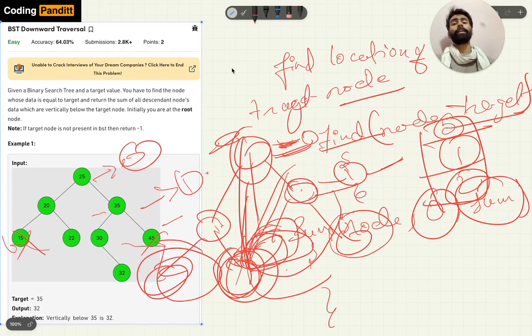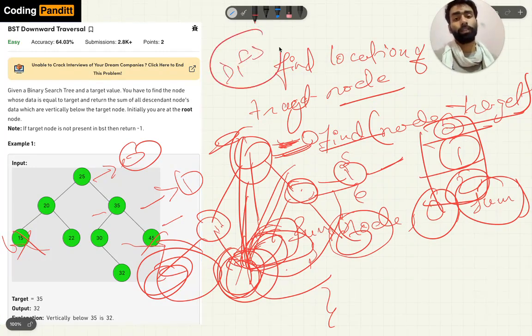So we are keeping track of each level, as in DFS, so that once we have covered the 35, we need only to traverse through 30, or we need to go back to the parent and again go to the 20. So we first need to backtrack. That's why we need to keep track of this level.